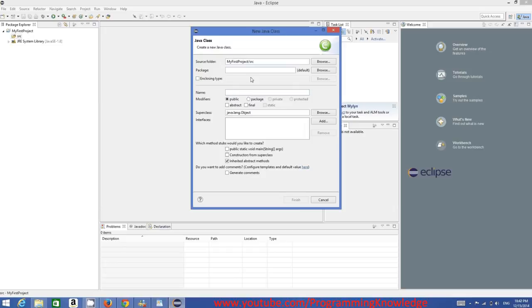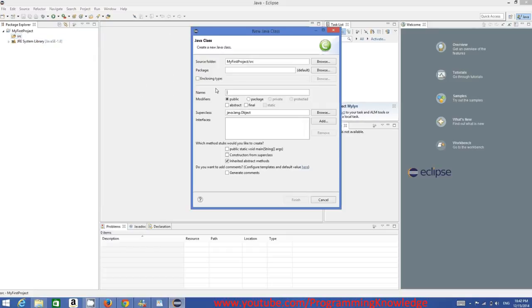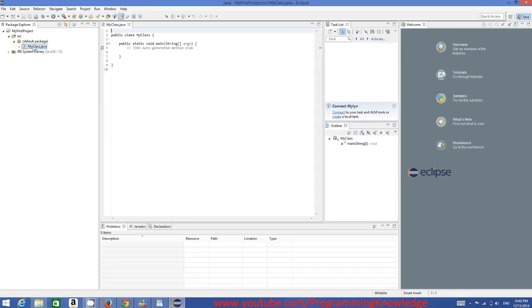So in this src, just right click the src and create a new class and give the class name. So you can give a name like MyClass, for example, and just click this option which asks which method stubs would you like to create. Just check this option, which is public static void main. Okay, so just check this option here, which will create a main method. We will see what classes and the main method are in Java, but for now we just want to check whether it's working or not. Just click Finish, and it will create a class called MyClass.java, and in here you will be able to see this kind of class,